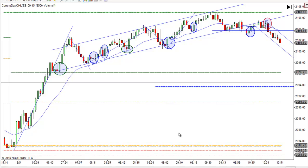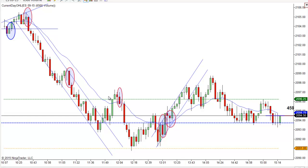But anyway, let's talk about the trades real quick. This is what I call a spike in a channel. Prices spiked up and they go into a channel. And what it is, this move up is too strong, and so prices back off a little bit and go into a reasonable type,